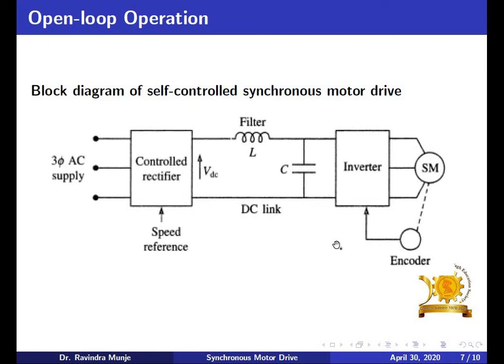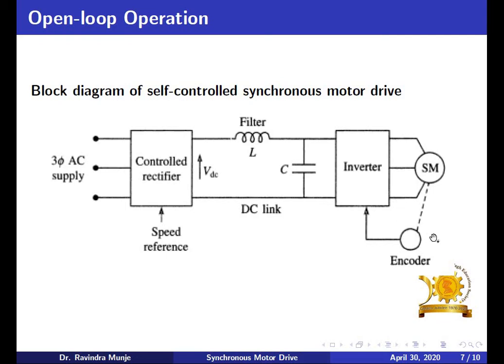The accurate rotor speed is determined by the rotor position sensor. So this is a rotor position sensor, used to measure the rotor speed. The output of the rotor position sensor is given to the inverter, which is used to produce firing pulses for the semiconductor devices used in the inverter feeding the motor. So this is having semiconductor devices, SCRs. Now this will give the signal to SCRs, so that the frequency will be changed here, right?